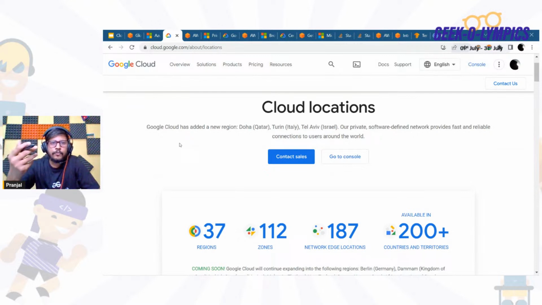So AWS was the first of its kind to launch these cloud services. They got an advantage just because of the timing, when they came into the cloud computing domain. So the number of data centers in every zone will be higher as compared to GCP, this Google Cloud.